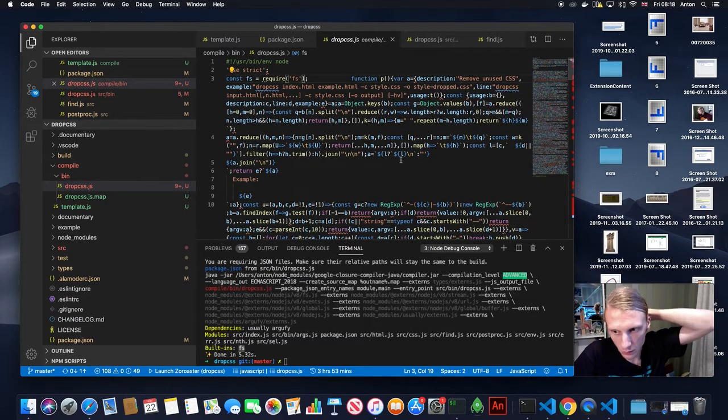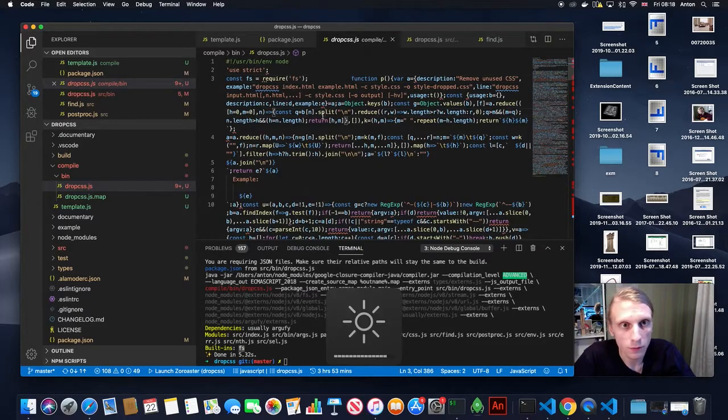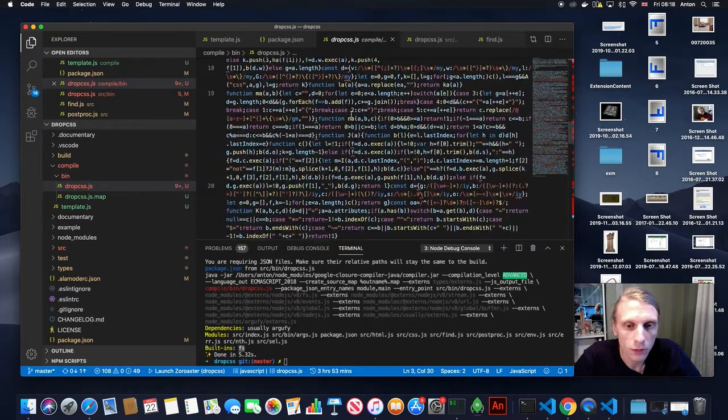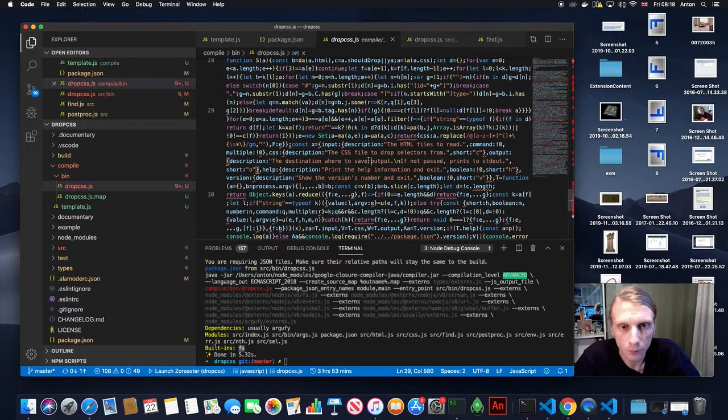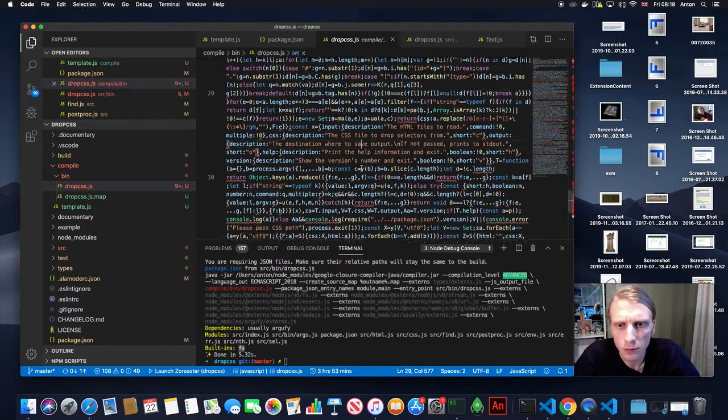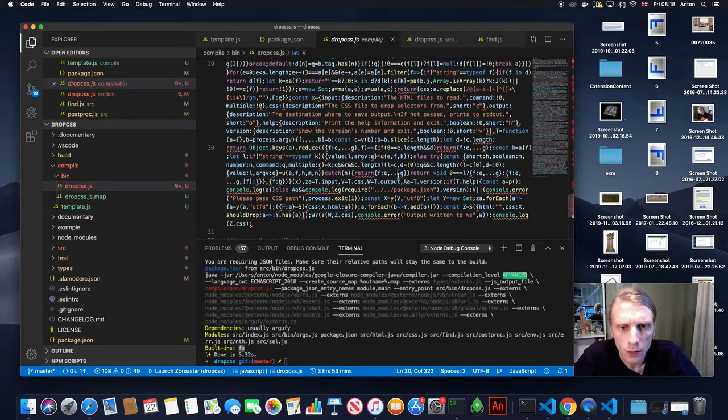I use Depack and Closure compiler because it creates a nice build in a single file, and it creates an executable file, and then it mangles the variable names as well and optimizes the code,